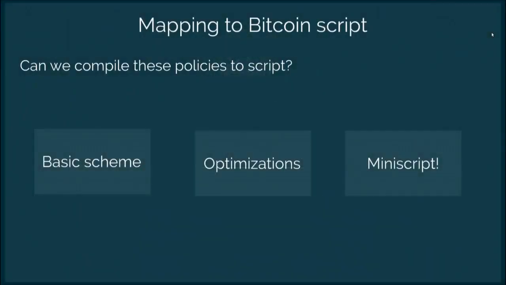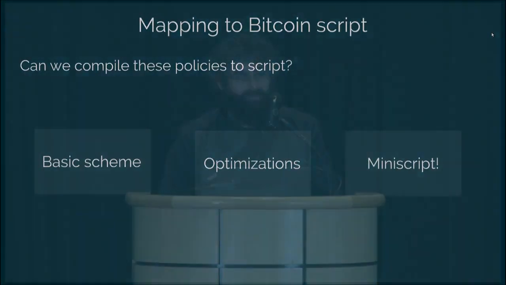So the next big thing is, how are we going to map all these policies to scripts? I'll first talk about the basic scheme, then some optimizations, and then define what I actually call Miniscripts. So the basic